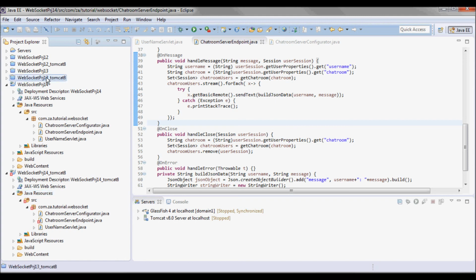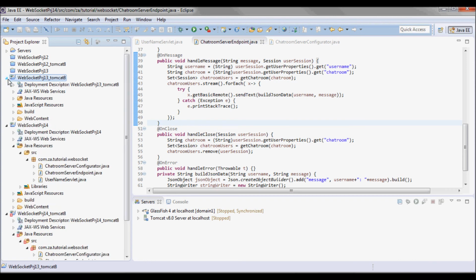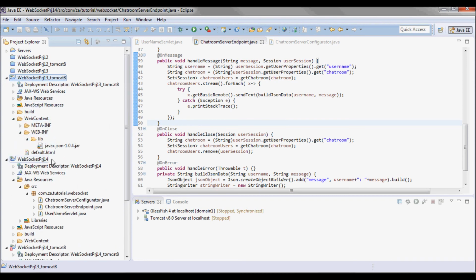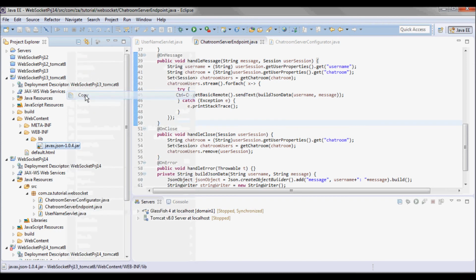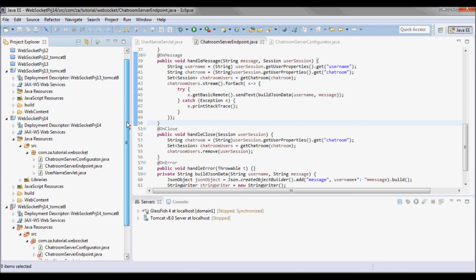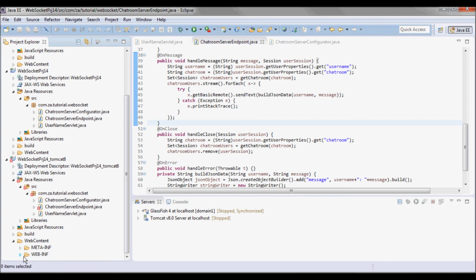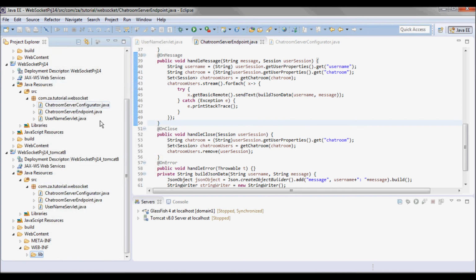And let's go to the previous project I've done, Tomcat, and I downloaded JSON. So I'll copy this jar and drop it here.